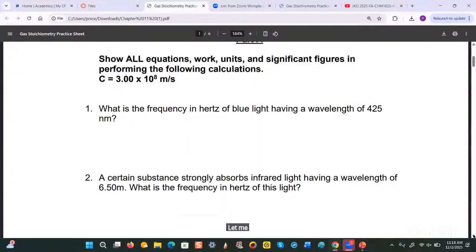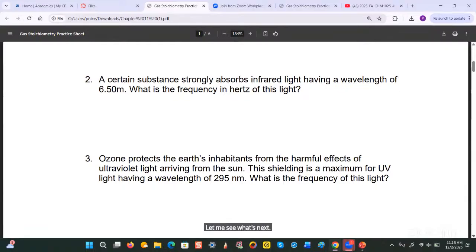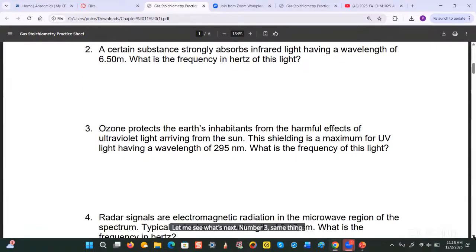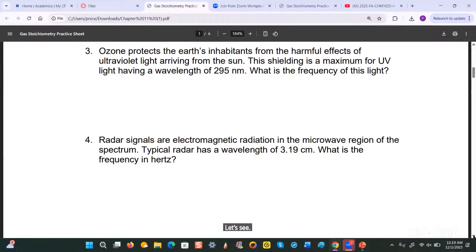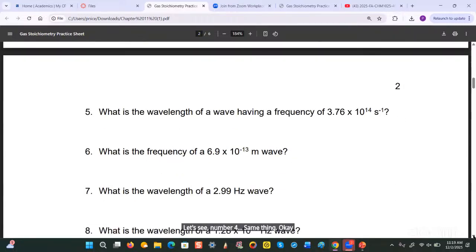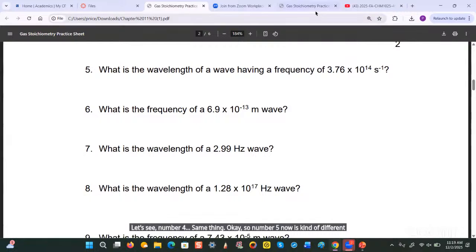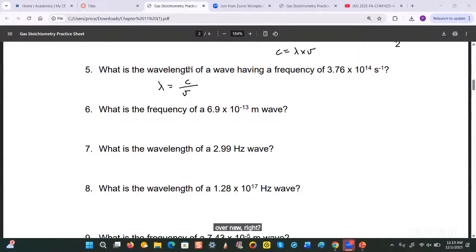Let me see what's next. Number 3, same thing. Number 4, same thing. Okay, so number 5 now is kind of different because it's asking for the wavelength, right? So again, the equation is c equals lambda times nu, but this time the question is asking for the wavelength. So lambda will be equal to c over nu, right? We know what c is already, 3.00 times 10 to the 8 meters per second, divided by